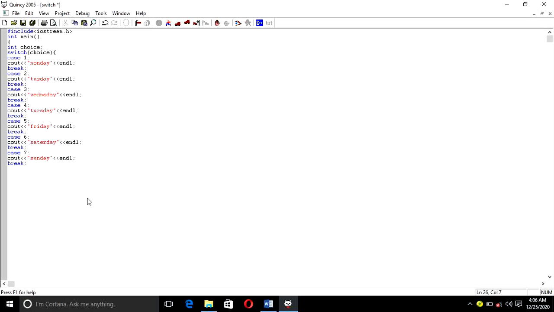Semicolon. Okay, now we need to write a default statement. That means if a program or a user enters a number out of this 1 up to 7, for example, if a user enters number 8, so the default statement will be executed. So the program needs to print something by default if the value does not match with the value of the choice. That is, first of all, we need to write a default